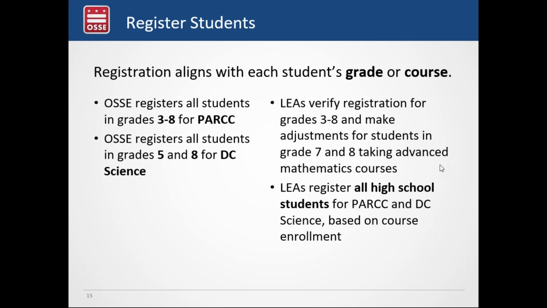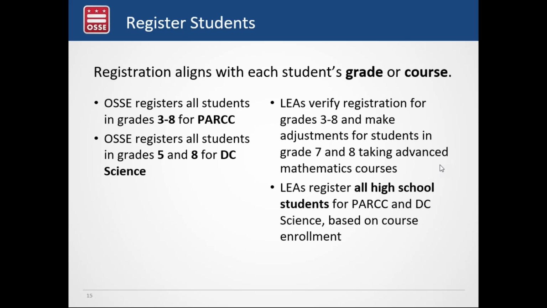If you have students who are in high school, you will do the registration for those students. We do not have the course enrollment information to make those decisions for you, and so we leave that at the discretion of the LEA to determine which test their students will take based on the participation policy. To do that registration, you will need a lot of information about those students. You'll need their unique student identifier, date of birth, a lot of different demographic information. You'll be entering that information in the system, and there's an entire guide which is available in the documents and handouts section of this webinar that can help you do that,